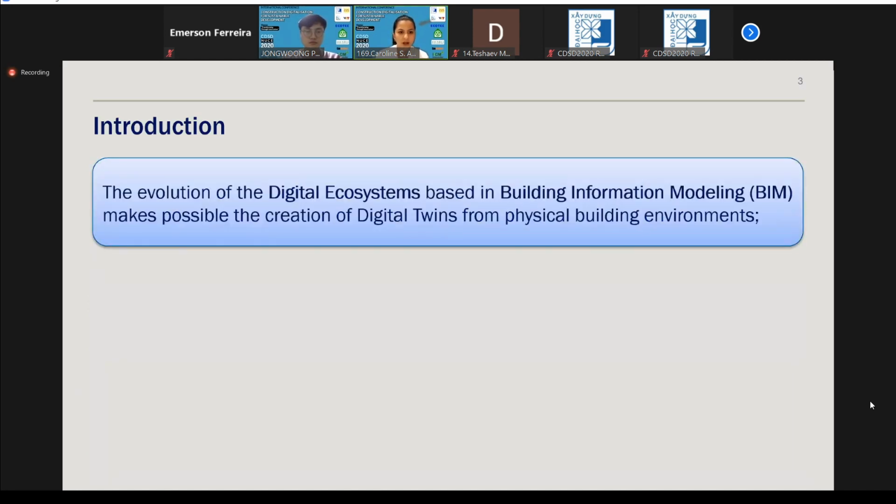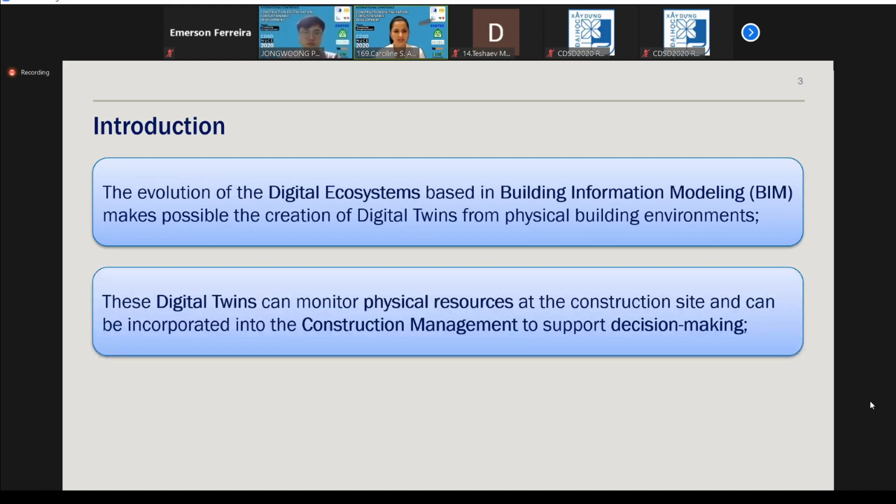The evolution of the digital ecosystems based on BIM, the Building Information Modeling, makes possible the creation of digital twins from physical building environments such as construction sites. These digital twins can monitor physical resources at the construction site and can be incorporated into construction management to support decision making.